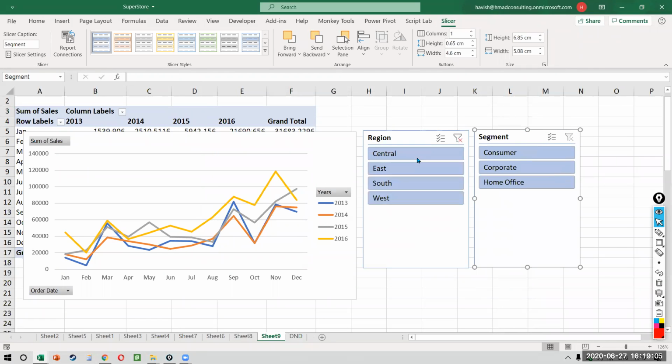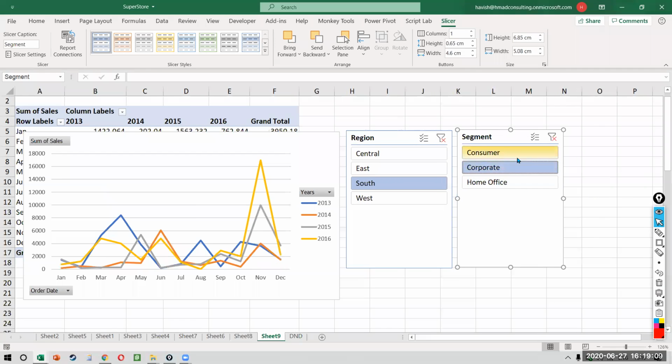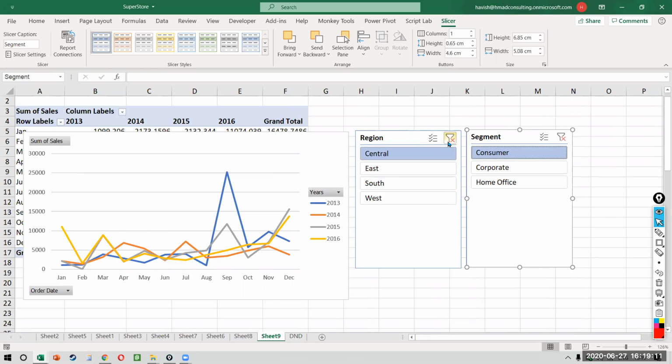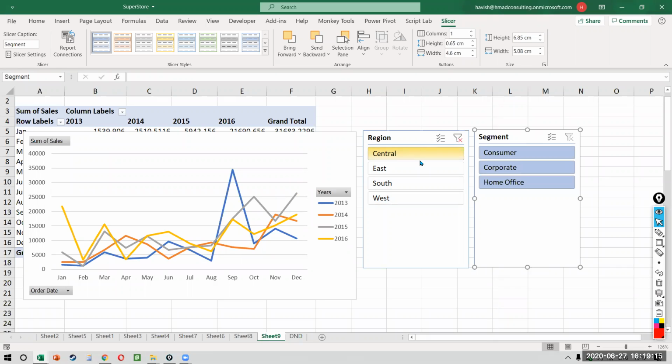And you notice now the chart has become interactive. We can choose any segment and any region like this. So for example, if you want to compare different regions, you look at Central, you notice in Central there was an outlier. So the September month of 2013 was an outlier because the sales was high to a point of being meaningless. I mean, there was no reason for the sale to be that high.